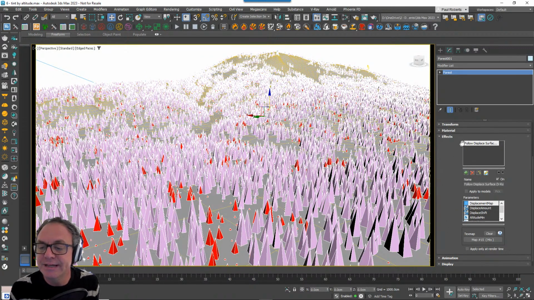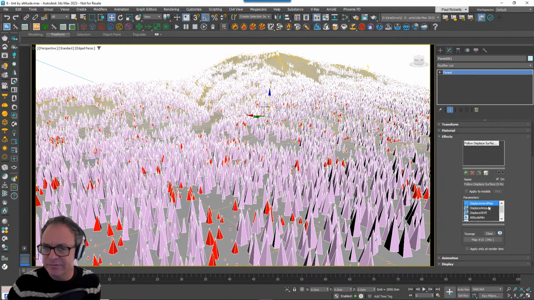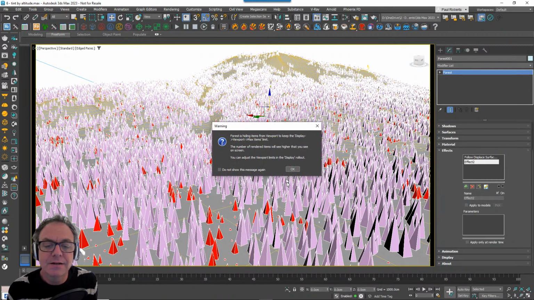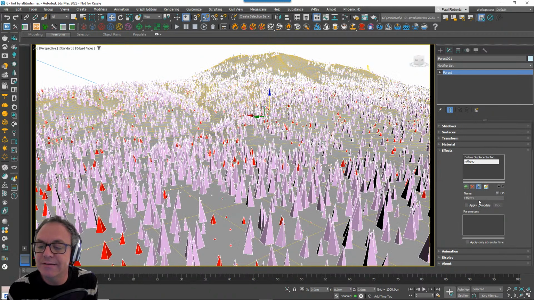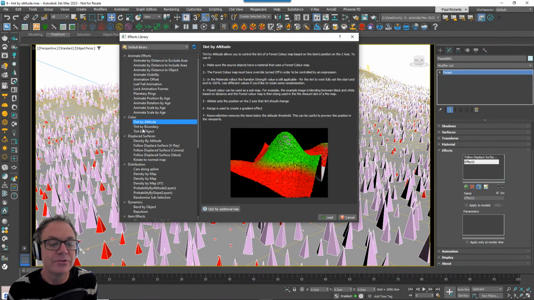So this particular effect allows you to wire the displacement map, same displacement map as being used on the surface, to the forest pack object, and then you connect it to the displacement modifier, and it moves the scatter to match the displacement. I'm sure you know about that already. There's a tutorial about that on our YouTube channel otherwise. So that's not the one I want to talk about today. I want to talk about instead this one, which is called Tint by Altitude.